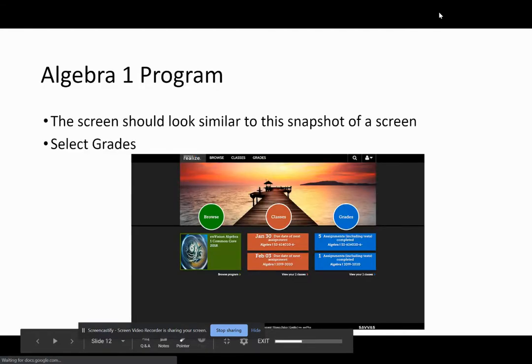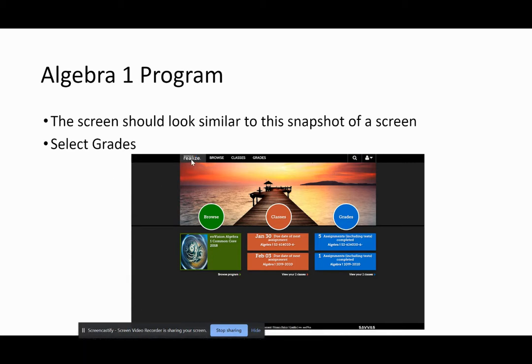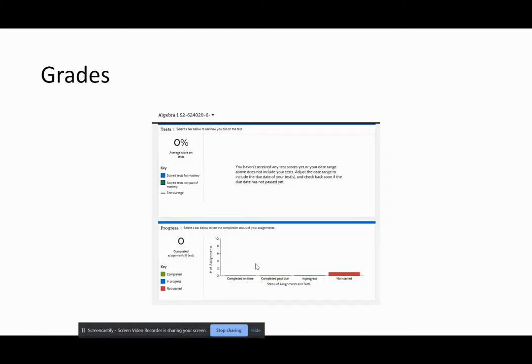Okay, so the screen should look similar to this snapshot of the screen. You would go back to the original page where it says you can click on realize, or you can just click on the grades part on the top section. Okay, and it's going to show you your grades. So your grades probably look something like this because you haven't done anything yet. Maybe you have by the time we have done the scavenger hunt, but the idea is to have done the scavenger hunt before you begin the program. So it should look something like this, and